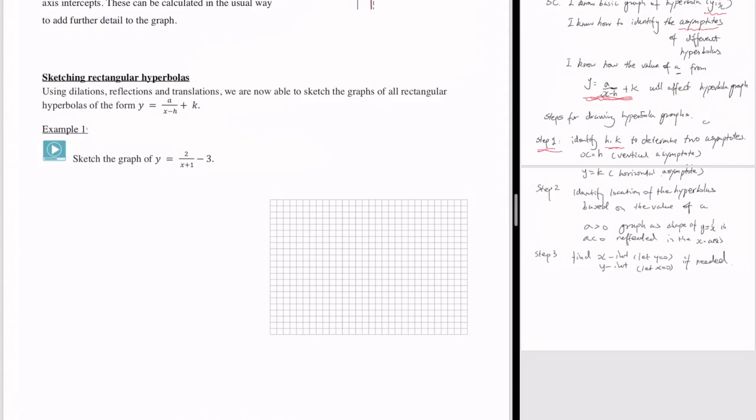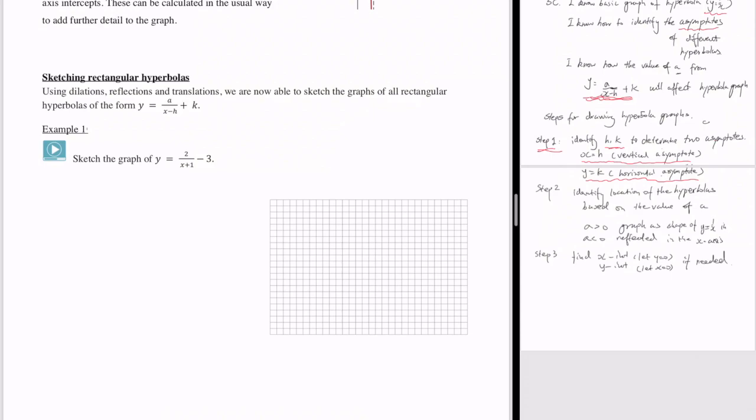Over here in hyperbola, h and k will help you determine the two asymptotes. So x equal to h will be your vertical asymptote. y equal to k will be your horizontal asymptote. And I'm going to use one example to help you